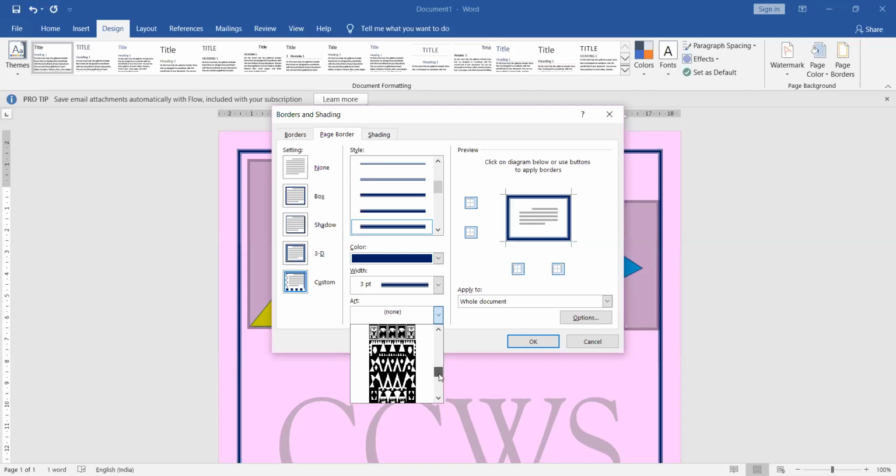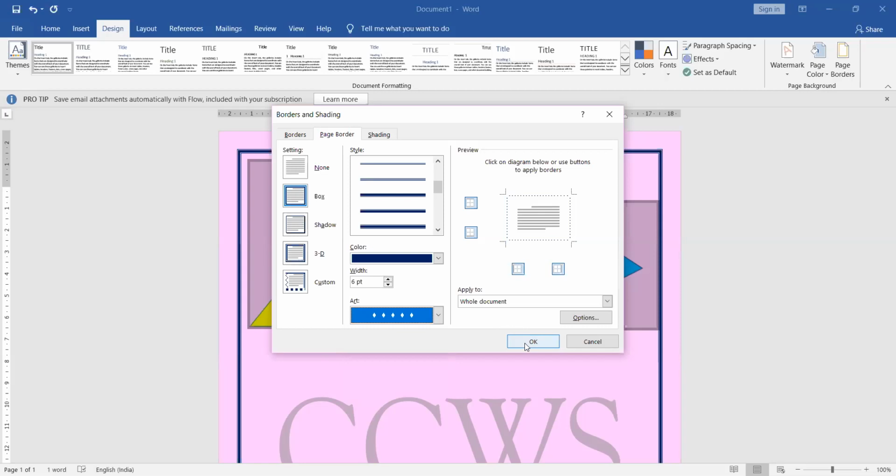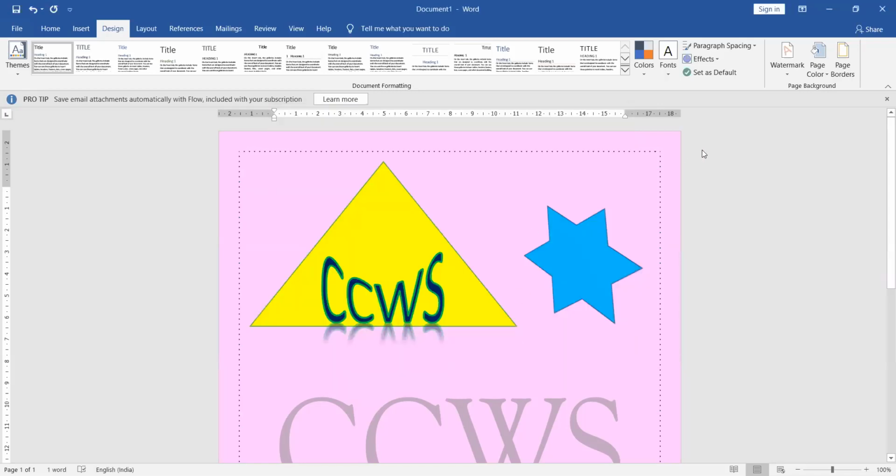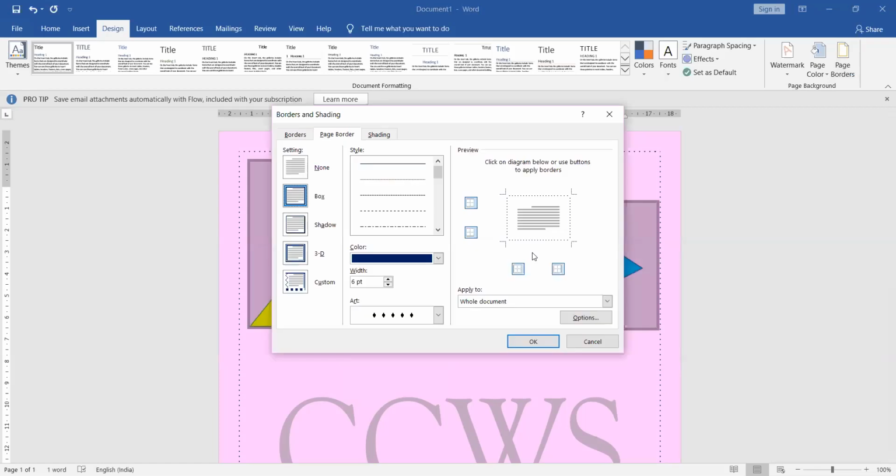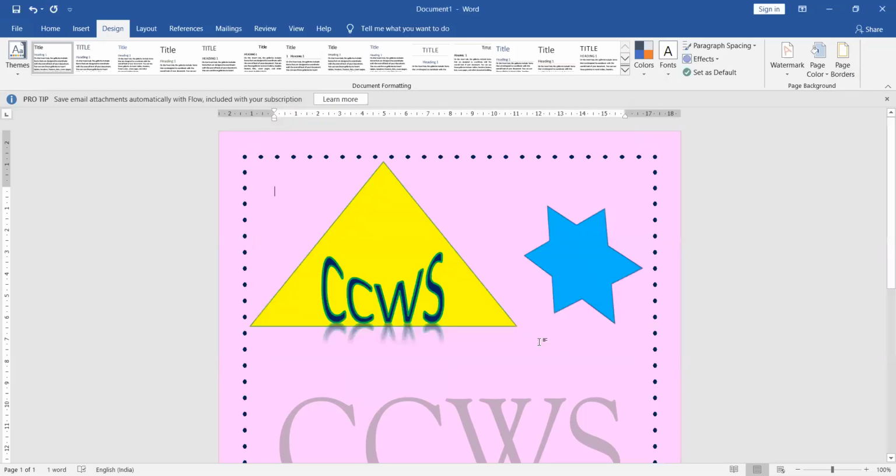See, I'm scrolling it down. You can see a variety of options are available to choose from. Okay, now again I'm choosing a little simple one only. Okay, here it's not that visible. If you want to change its weight, then I can increase it like this so that it becomes more visible. Now see, children. Okay, so in this way you can make your documents more appealing. So whenever I'm giving you these kinds of homeworks where MS Word is being used, you should try to use all these options. You should try to make your documents really stand out as well as more attractive.